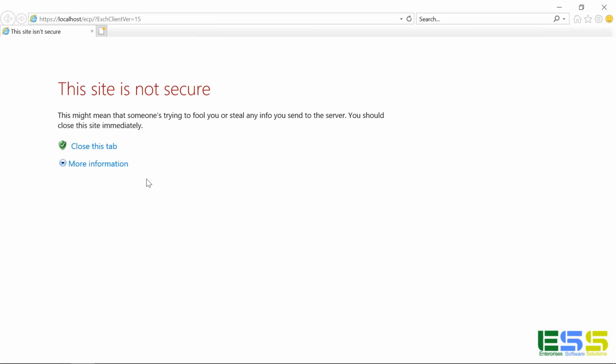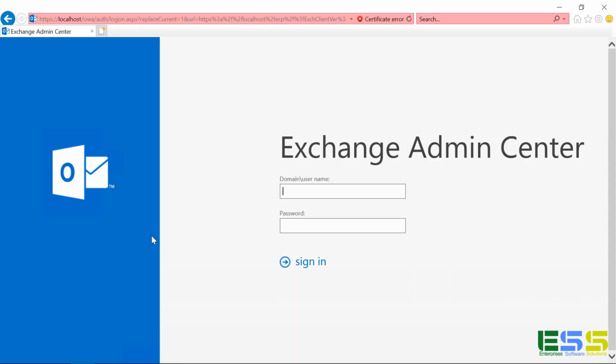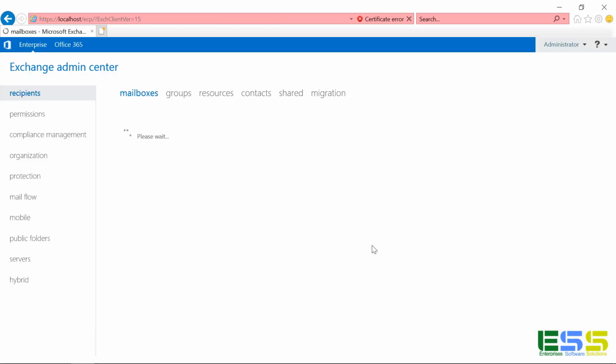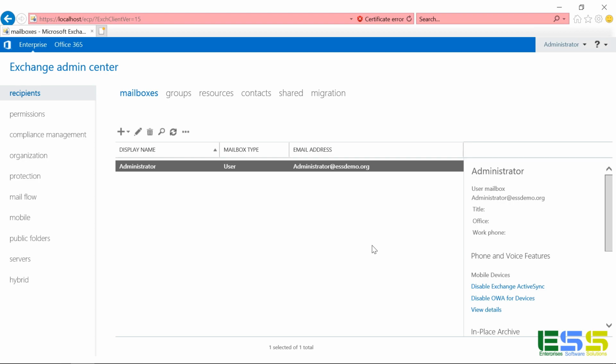You'll notice that it thinks the site isn't secure. This is because it's using SSL with the localhost information and a self-signed certificate. But since this is a trusted server, I'm going to go ahead and go to the web page, even if it is not recommended, because you'll notice that we see the Exchange Admin Center here. We can sign in with our domain administrator account, and I'm going to say not to remember that password. We'll give it a moment to load. And there we go. You can see in my demo domain, I've got just one user. I would expect that if you were installing this in a production environment, you would have a lot more than just one. But anyway, that is how you get Exchange Server 2019 installed on Windows Server 2019,